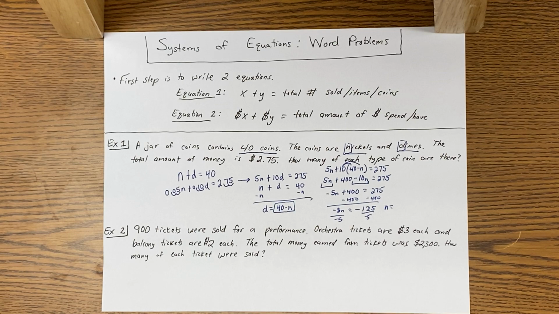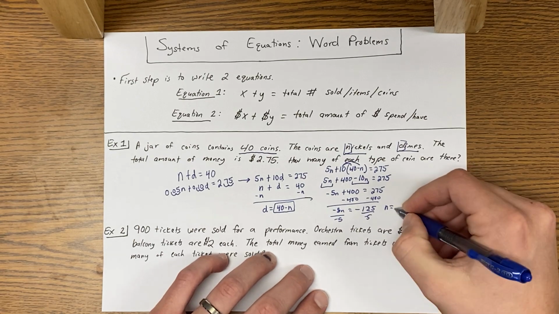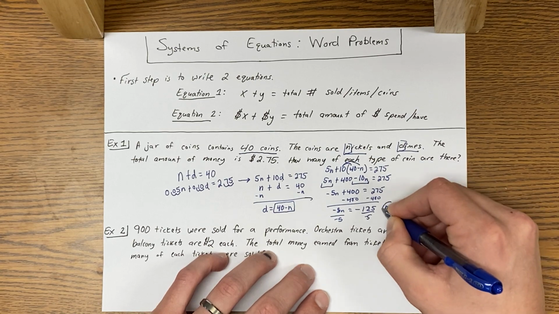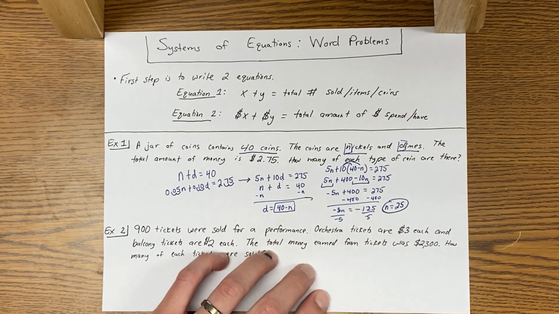Okay, so when we get to this point, we know we have a negative divided by a negative, and that's going to give us a positive, which is what we wanted to happen. And we do negative 125 divided by negative 5, and we get 25. So I'm going to circle that and leave that for just a minute, because now we have to find